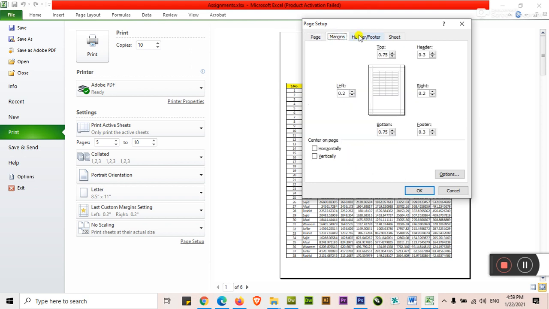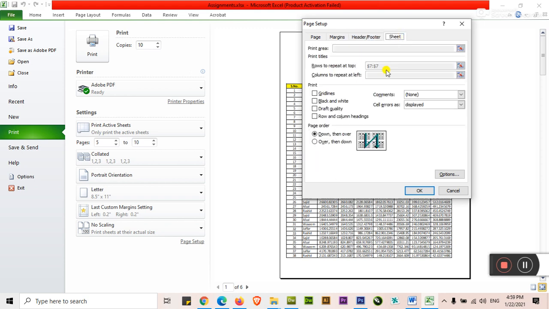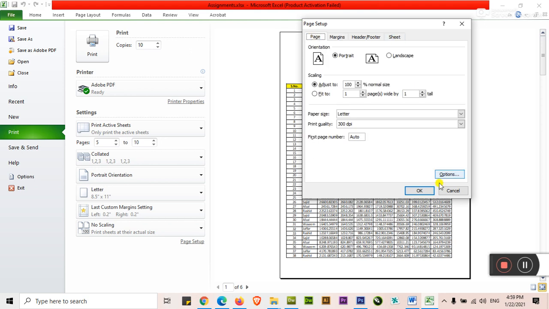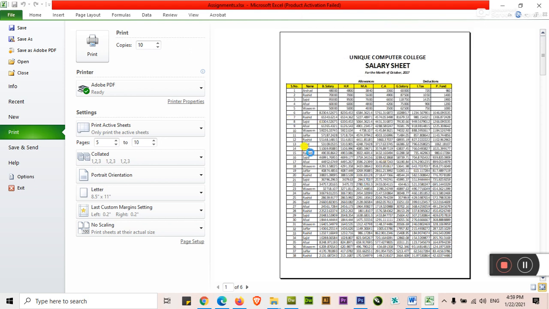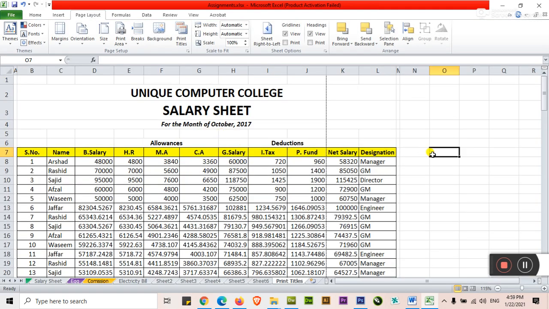There is the margin area, and the header and footer. You can also type the header from here, and there. Okay, I think you got the point that I wanted to give you, and to share the very technical options and experience that we have done in Excel from the printing point of view.